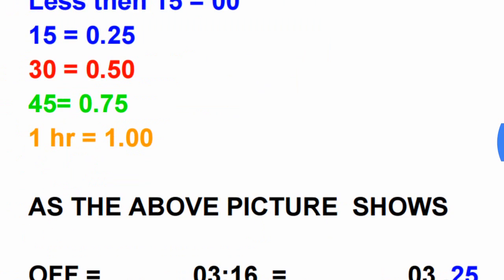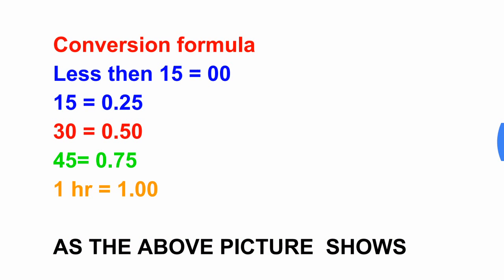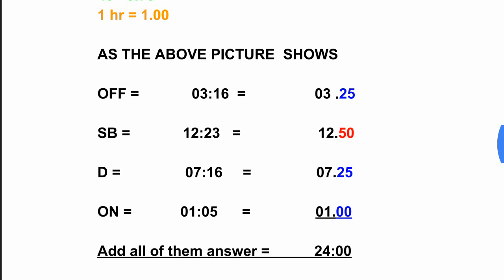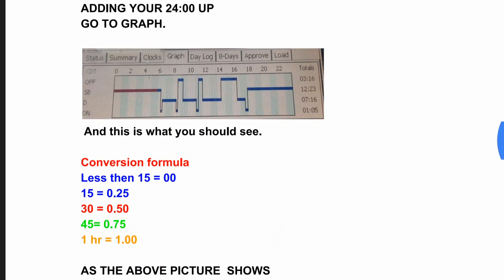Go to your graph, use this formula, 15, 25, 75 an hour. That's how you do it. You just take everything from the graph in the middle, boom, boom, boom, and you convert it. Don't calculate anything. Once it's correctly converted, it's going to add up to 24. Now, sometimes you've got to be careful, because if it's 12 or 13 or 14, you still have to convert it to 0.25. But if you use this system, you shouldn't have a problem adding up your 24. So this is the end of the video on 24 with this conversion formula. We will pick up